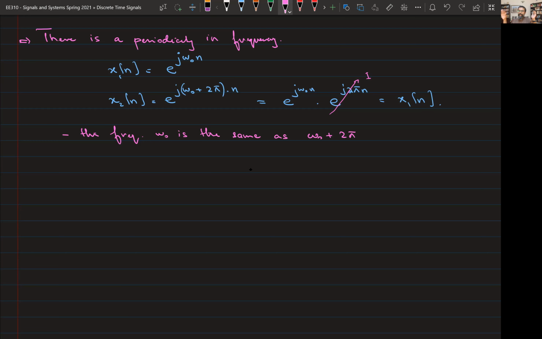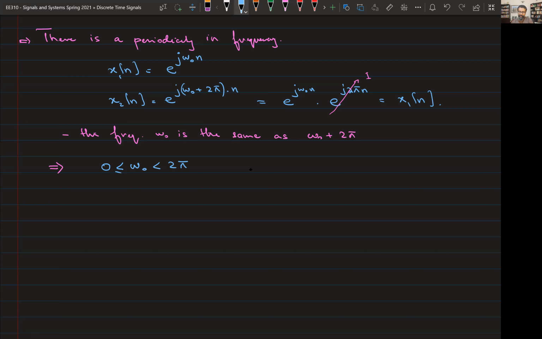Okay, because any frequency, for example, 3 pi actually corresponds to pi, right? Or 5 pi actually corresponds to pi as well, right? So the important frequencies are only within an interval which is of 2 pi, only in discrete time. Okay? So this implies that the uniqueness is over an interval length of frequency. So typically what we do is we take omega naught to be greater than or equal to 0 and less than 2 pi,